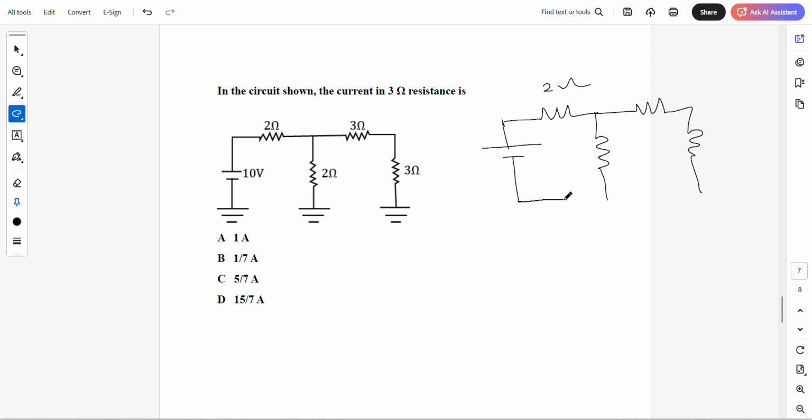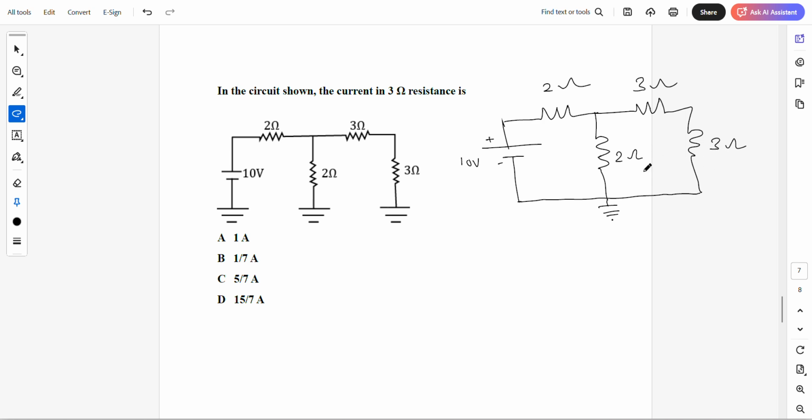Now I will connect all these things, because everything is connected to a common point. This is plus, this is minus 10 volts. Everything is grounded, I can write like this. Everything is connected to a common point, common potential. This is 2 ohm, this is 3 ohm, this is 3 ohm. Now to calculate the current I that is coming from this cell, we have to first